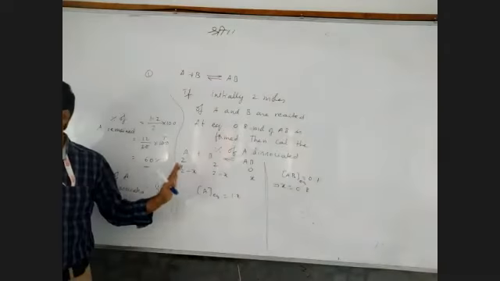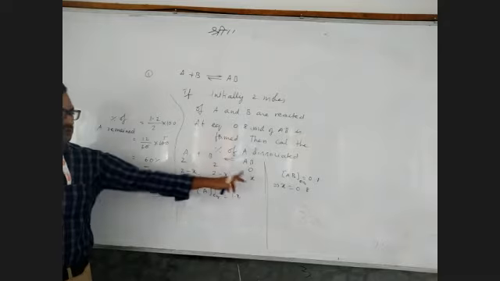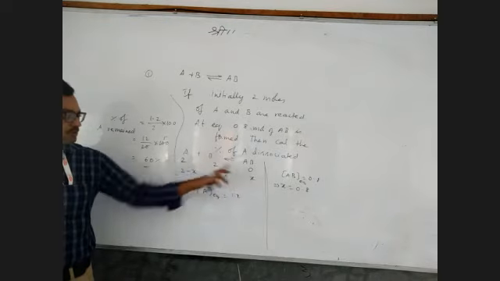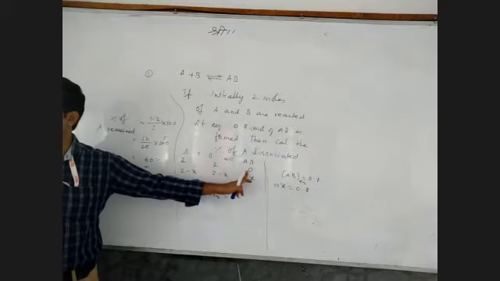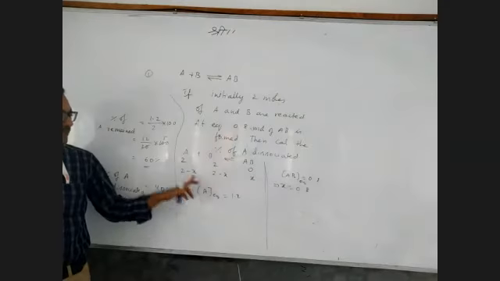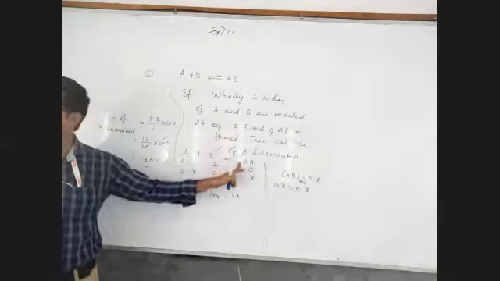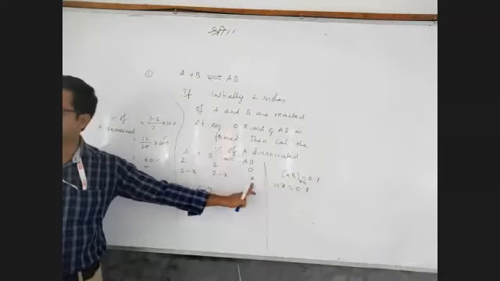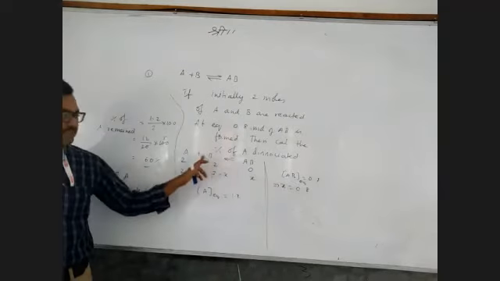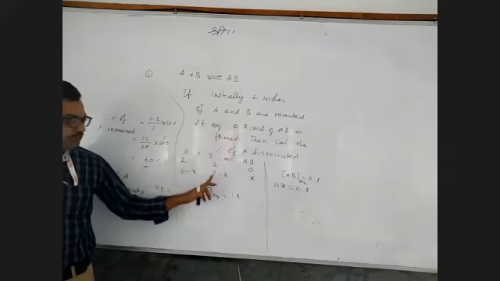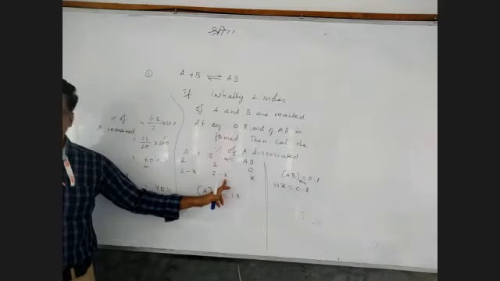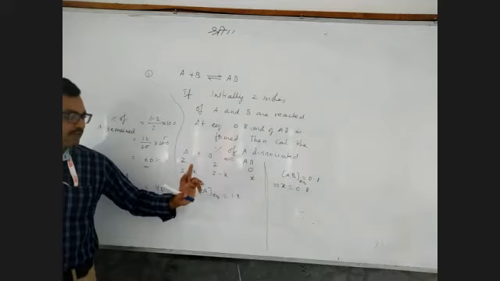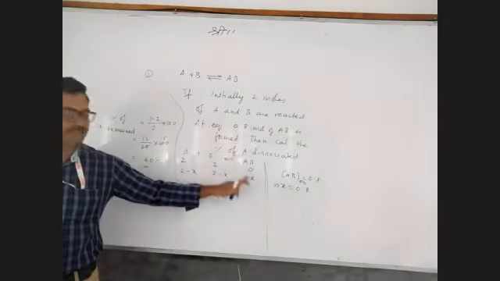Now, initially how you have to go? 2 moles, 2 moles, 0 moles. All of you look at the board. I'll give time. So 2 moles, 2 moles, 0 moles. Understanding? So 2 minus x, because here 1 mole, 1 mole, 1 mole only. So that is why 2 minus x, 2 minus x, x. Suppose here 2B is there, then here 2 minus 2x. Here suppose 3AB is there, then 3x. Understanding?